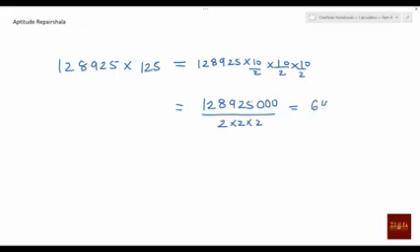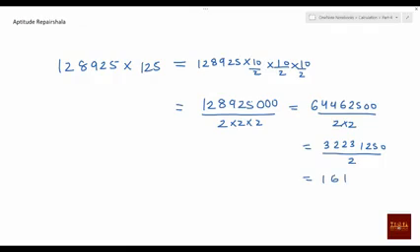Okay. Now check. This is written as 128925 with 3 zeros divided by 2 into 2 into 2. Again you can write this as 2 6s are 12, 2 4s are 8, 2 4s are 8, 2 6s are 12, 2 2s are 4, 2500 divided by 2 into 2. Again same thing: 2 3s are 6, 2 2s are 4, 2 2s are 4, 2 3s are 6, 2 1s are 2, 2 2s are 4, 2 5s are 10, 0 divided by 2. Now 2 1s are 2, 2 6s are 12, 2 1s are 2, 2 1s are 2, 2 5s are 10, 2 6s are 12, 225. This is the answer. Easily you can do.